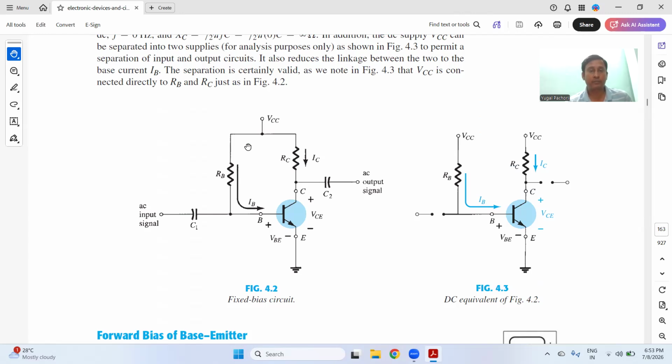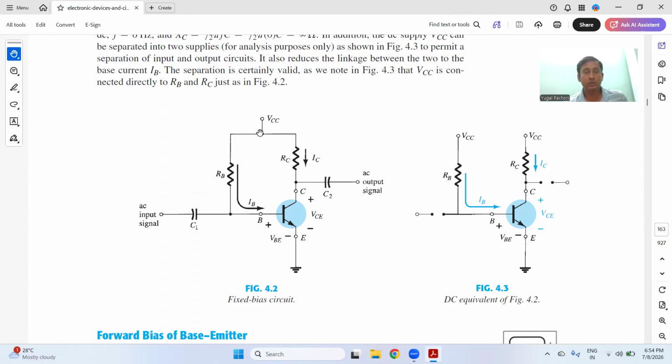It is one of the simplest bias circuits that we know, and it is not commonly used because the parameters of this circuit are not very stable. They are not very thermally stable, and they do not have high gain. So if you take out the equation from this side, VCC is equal to ICRC plus VCE,